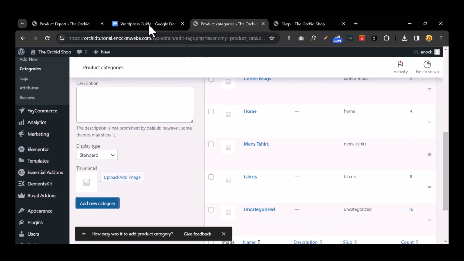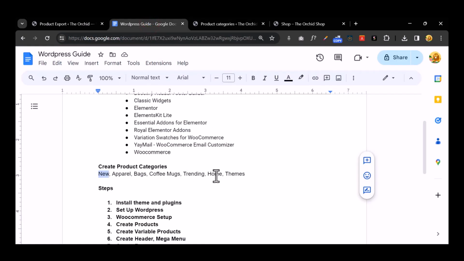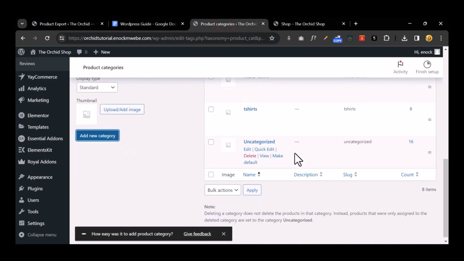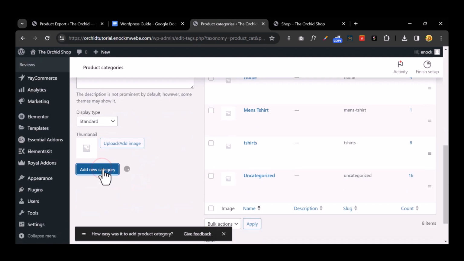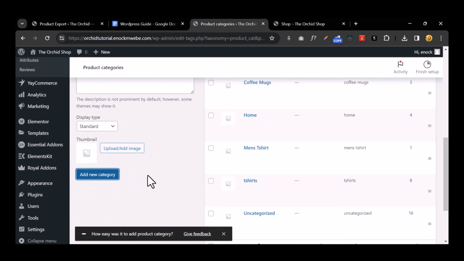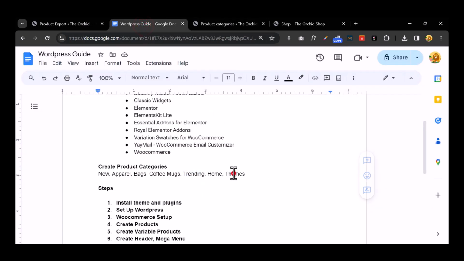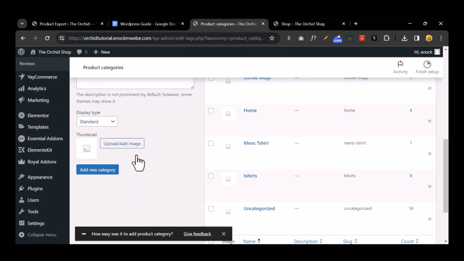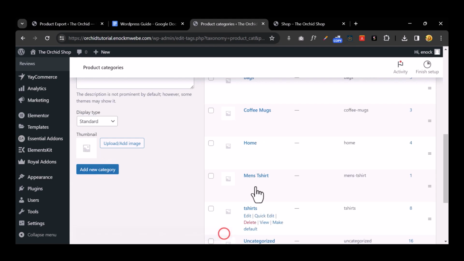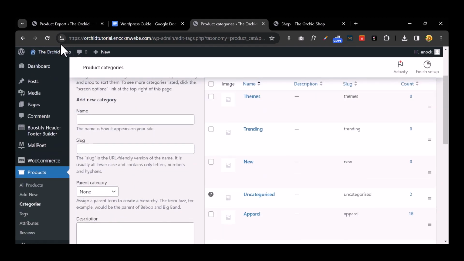Then again, let me see, apparel, coffee, home. I think let's create one for trending, then create one for themes. So let's create one for trending. I'm gonna click a new category, and I'm gonna create one for themes. And let's see, themes. Yes, great. So the reason why I've created this, instead of using pages in the header menu, I want to create,